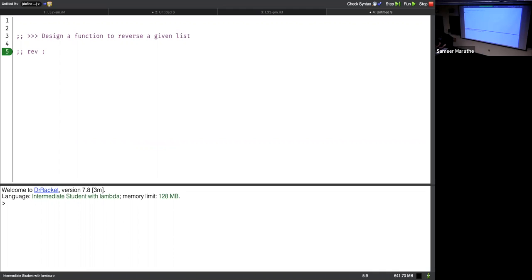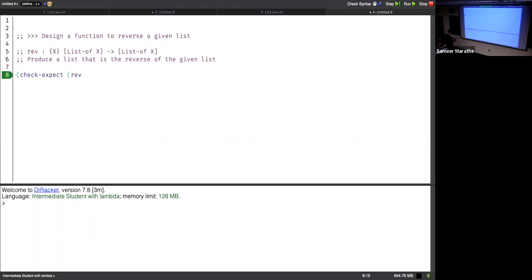So we want a reverse function that takes in a list of some elements and returns a list of the same type of elements. We want it to be generic. We'll use a list that is